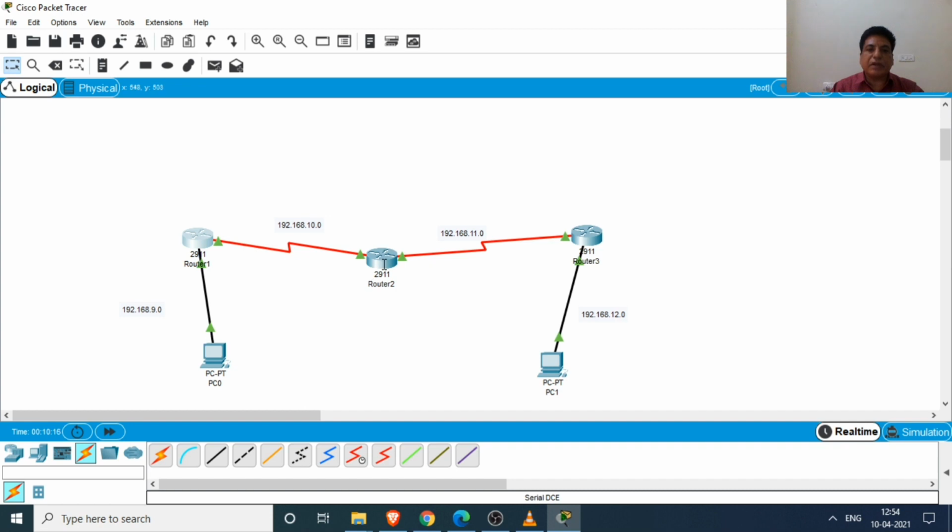Similar steps we follow in the configuration of the second router. The neighbor networks of the second router are 10.0 and 11.0.